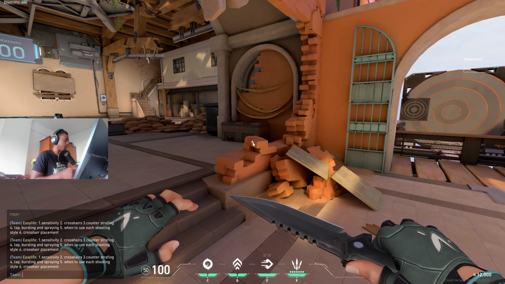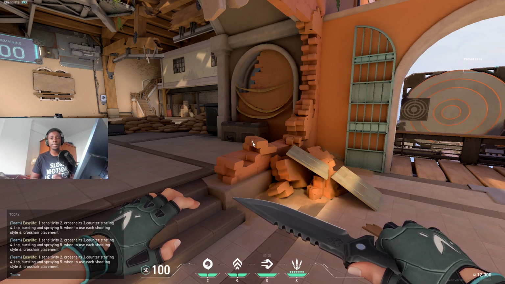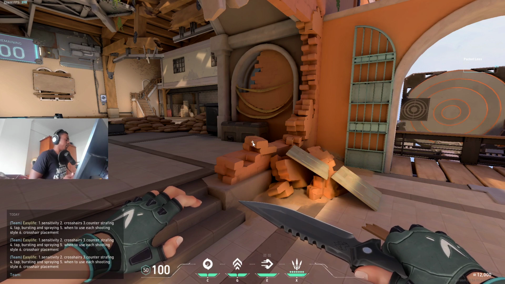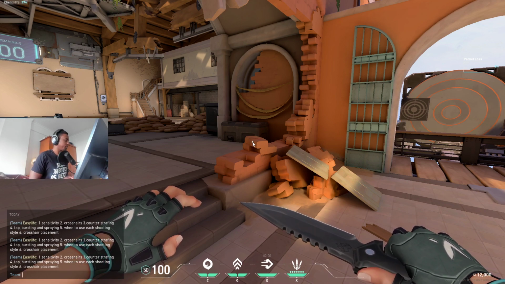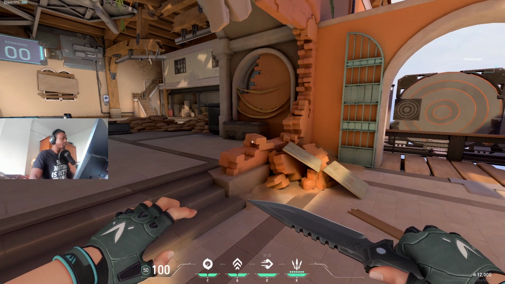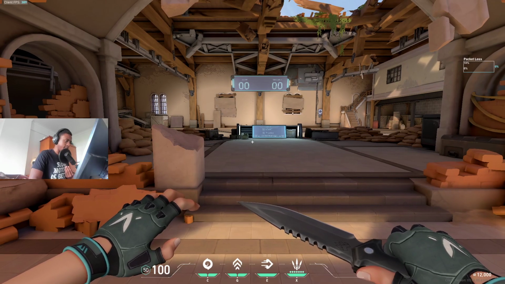And to do that, we're going to go into a DM, and I'm going to teach you guys and talk about crosshair placement as well in a deathmatch. While I kill some people, I'm going to give you some tips so you can understand and see it live against other players. So, talking about sensitivity,